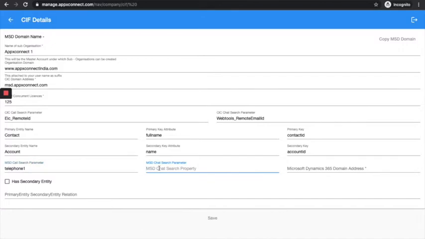And same for the chat. We have received it in webtools_remote email ID. The value which we will search in the primary entity, which is the contact, is emailaddress1, right? And then we are going to enter your Microsoft Dynamics domain address. The domain address we will enter here,